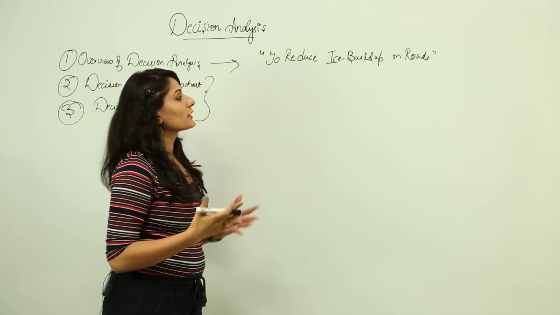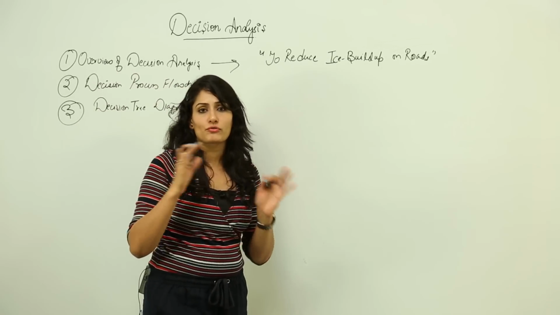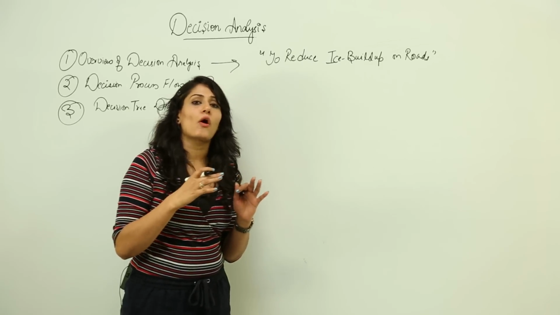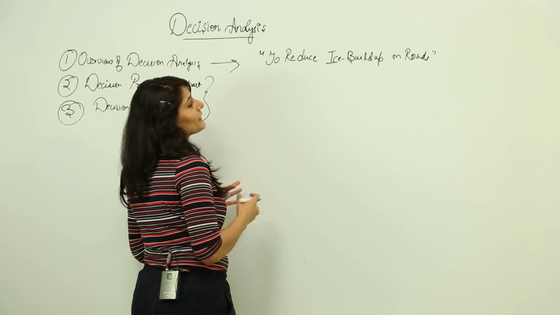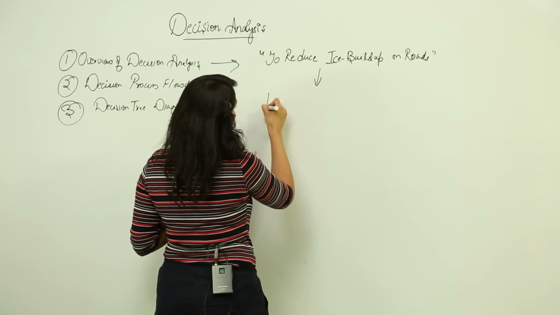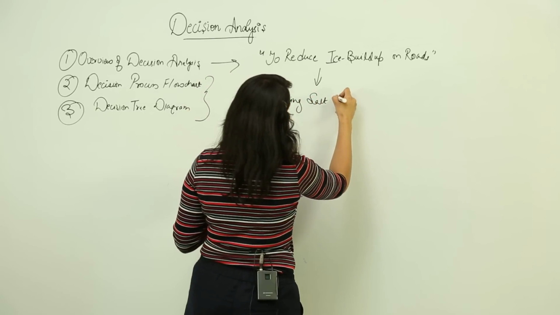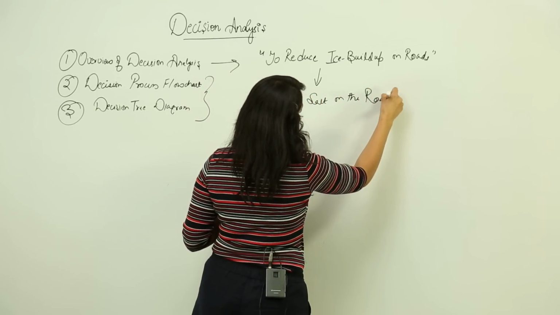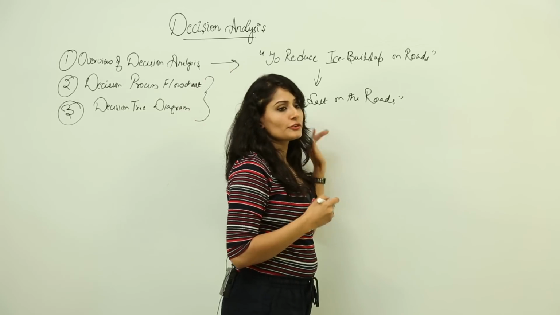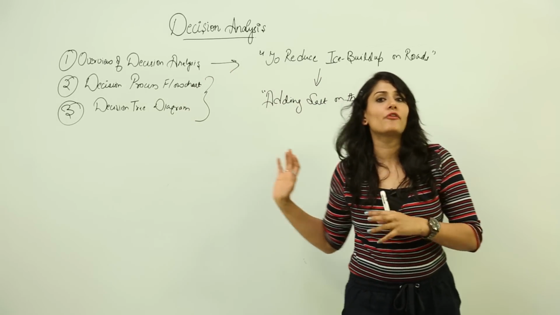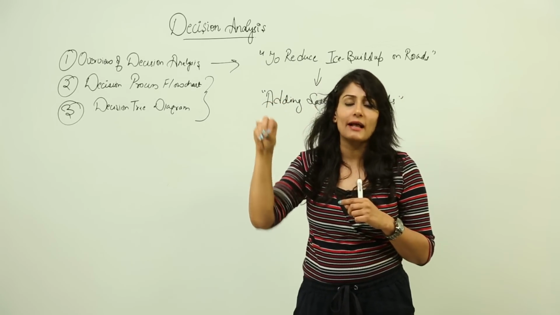So after a lot of consideration, they thought that they can reduce this ice buildup by adding a lot of salt to the roads, because when we add a lot of salt, that does not allow ice to build up. So they decided to tackle this problem by adding salt on the roads, right. Now this was not a final decision, because they had to think about whether it was safe or not, because they were actually doing something which had its impact on the life and health of the people.